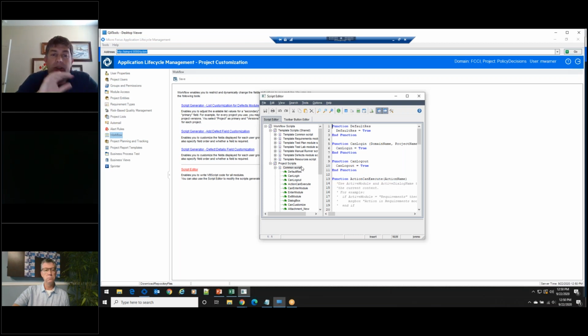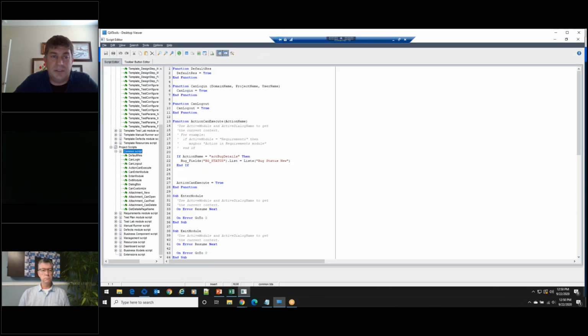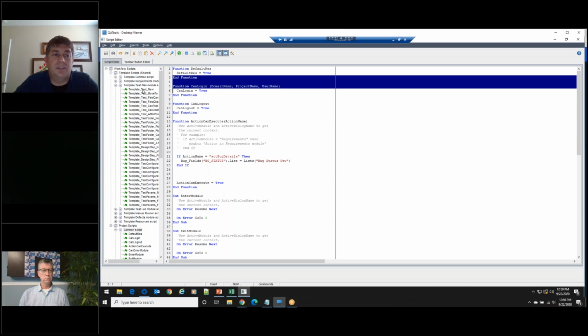So you're going to make most of your changes in the template, and those are going to be here in the template scripts. What gets complicated is you can have a function in the test plan for template test new. And of course, let me expand this so it's easier to see, in your project test plan, you have a test new as well. What happens is, by default, it will only run the template test new.